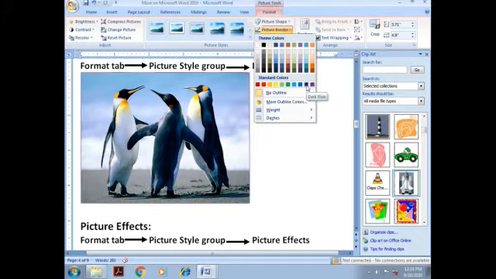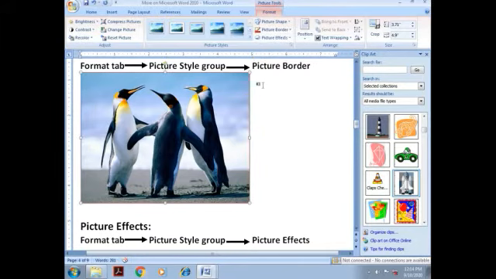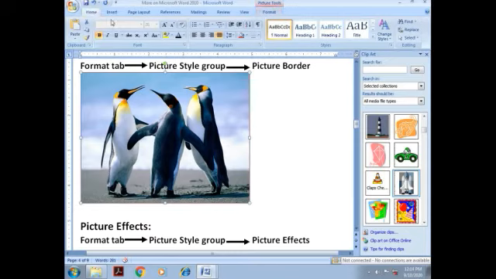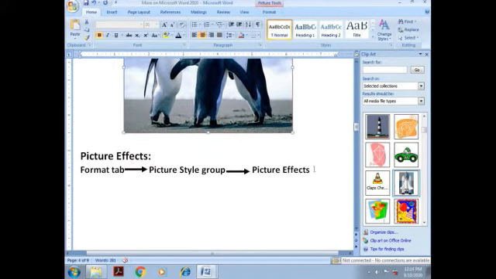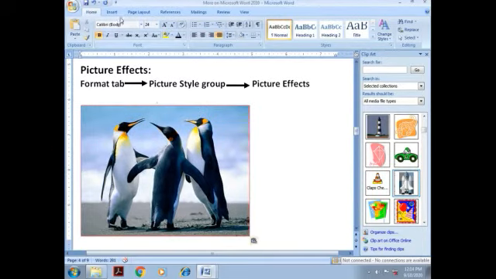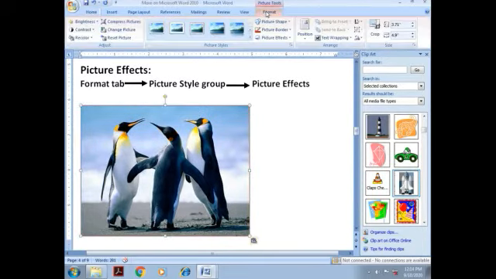We can set the effects of a picture. There are several types of effects available in Microsoft Word. We have to go to Format tab, Picture Style Group. In Picture Effects option, we can choose any effects.